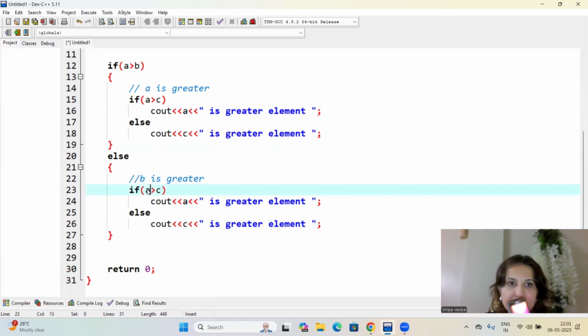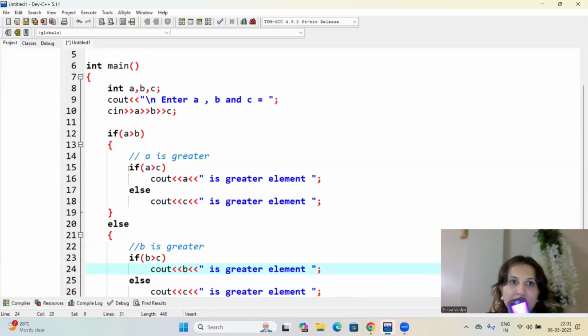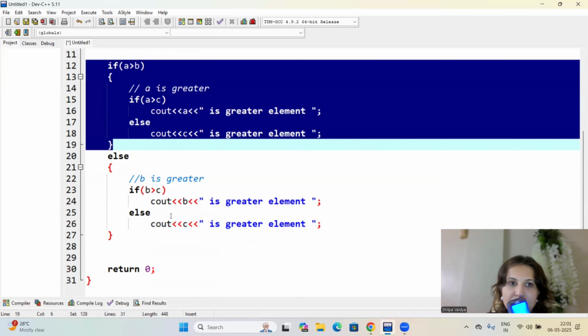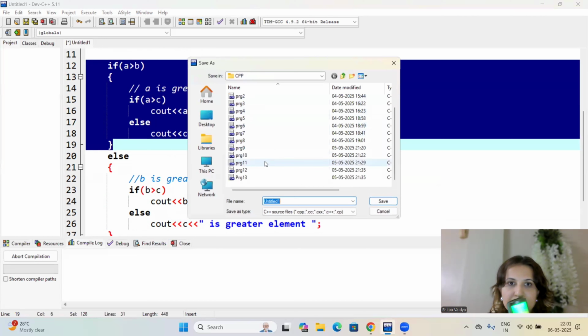In this case, we already know that B is greater. We are going to check if B is also greater than C. If that is the case, then B is greater, otherwise C is greater. So this is one if else statement inside another if else case. So we can call it a nested if else. So if I'm going to save this one,